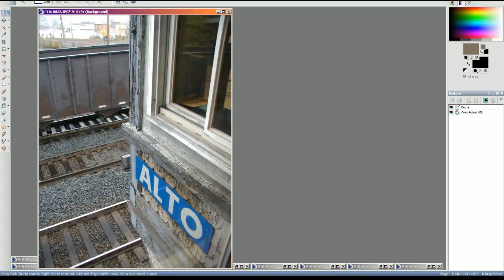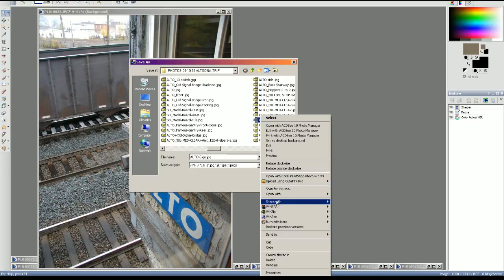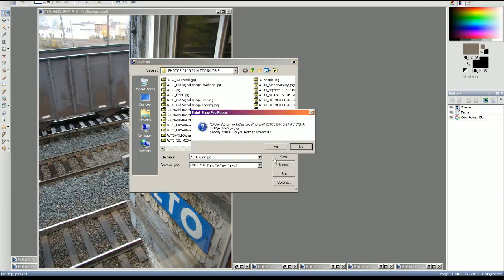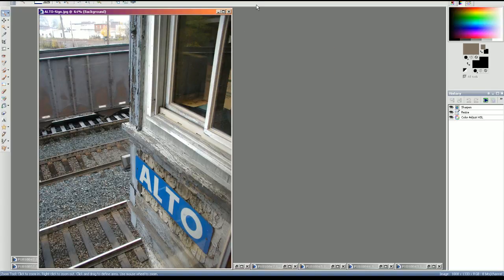Just going to give this a quick save out. I'm also renaming everything simply because I didn't quite have my naming conventions down back then. I think this is something that I actually had renamed, but let's see. Yeah, this is the old version. Anywho,